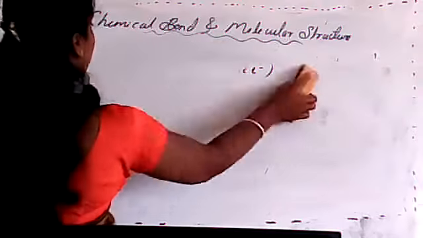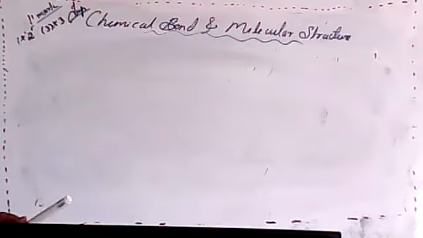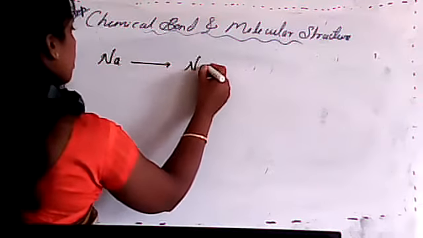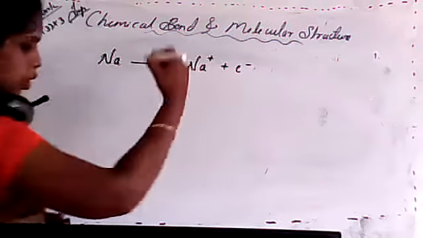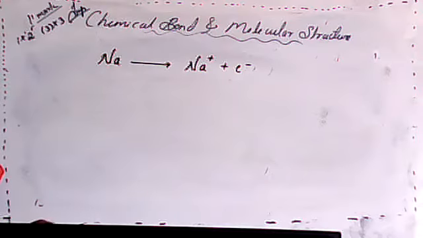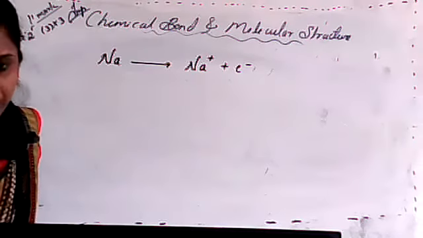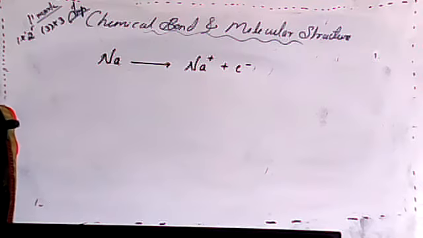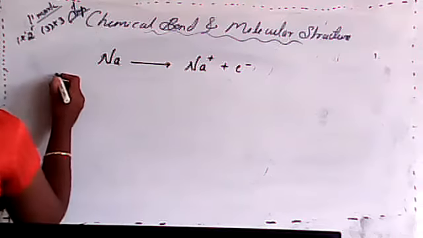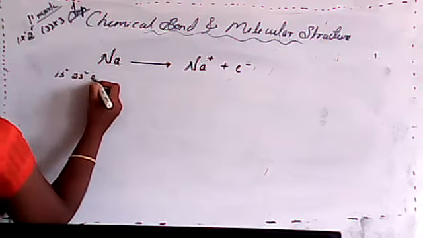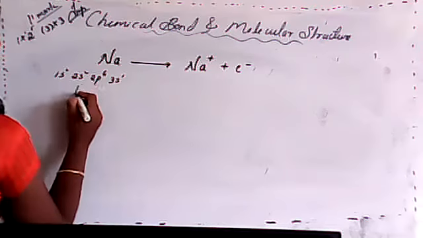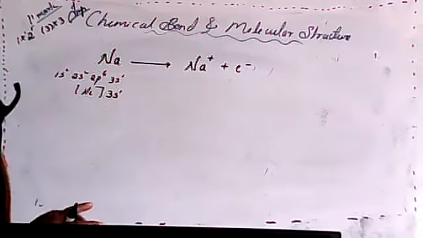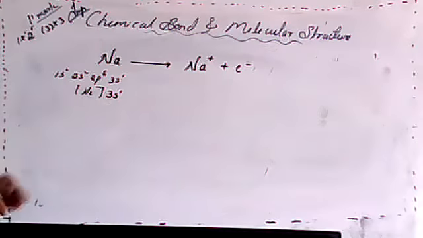The next one, I'll take one example. Again, same NaCl formation. Na loses 1 electron, isn't it? Why does it lose 1 electron? To attain a stable electronic configuration, isn't it? So if I consider sodium, its atomic number is 11, isn't it? I'll write the electronic configuration 1s2, 2s2, 2p6, 3s1, or simply we can write it as the neon electronic configuration with 3s1. Clear? To save time, we can consider it like this.